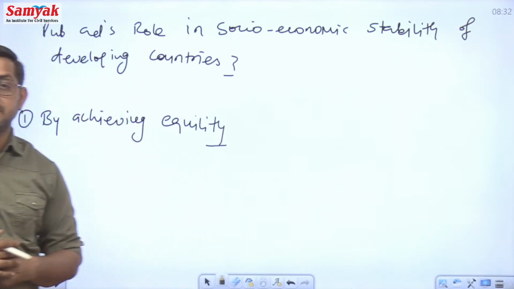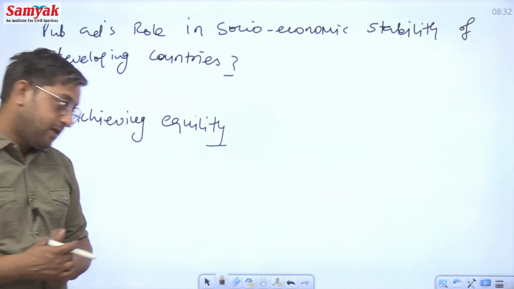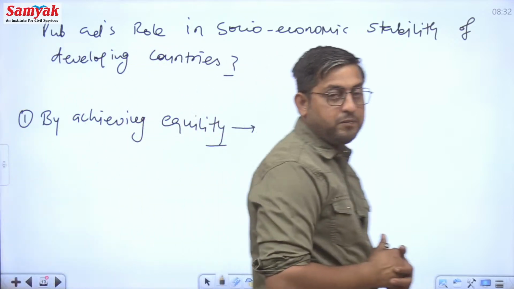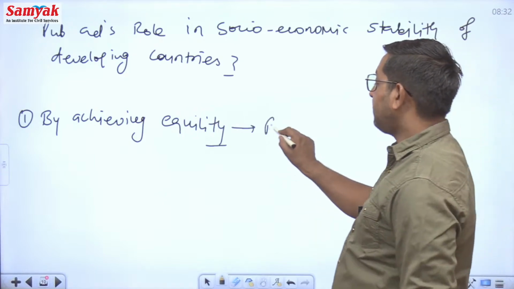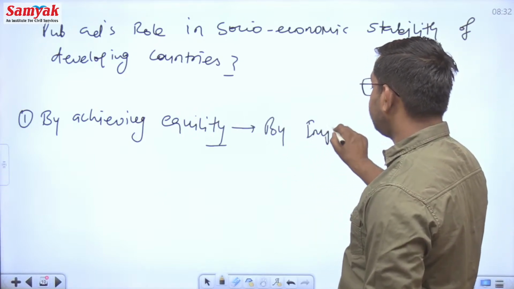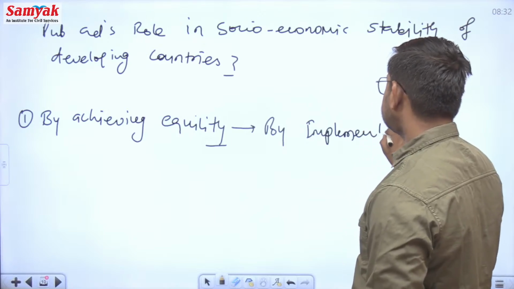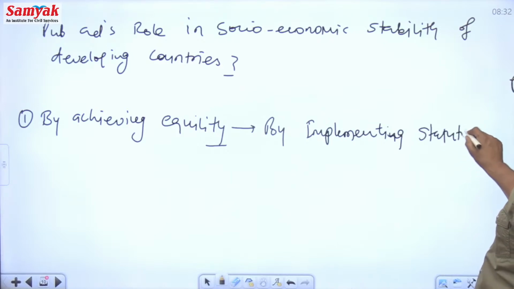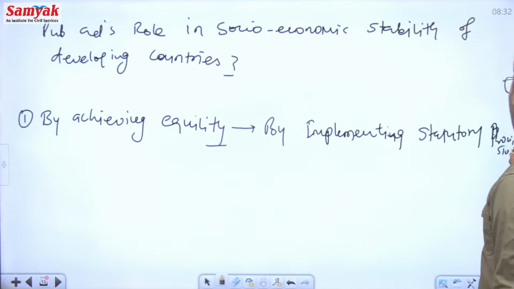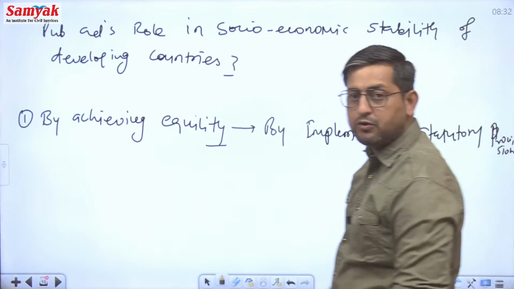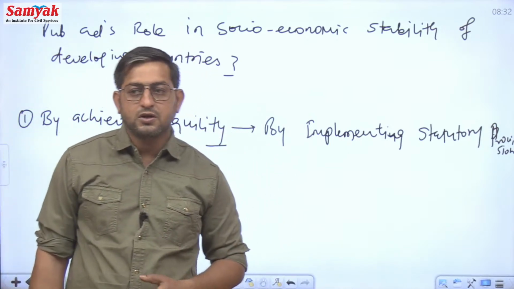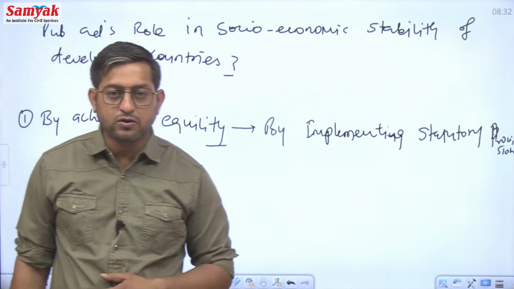The biggest role for achieving socio-economic stability is by achieving equality. Now, how does public administration help in achieving equality? Obviously, it is public administration that will implement the statutory provisions regarding equality, by implementing statutory provisions. And if you are able to achieve equality, then obviously the stability of your society will go to higher notches, or the stability of the society will be increased a lot. Second thing,